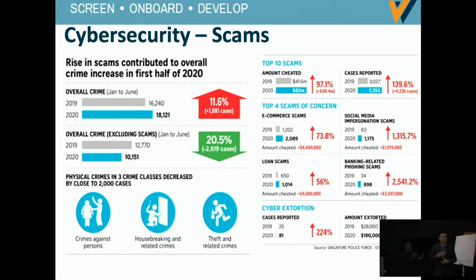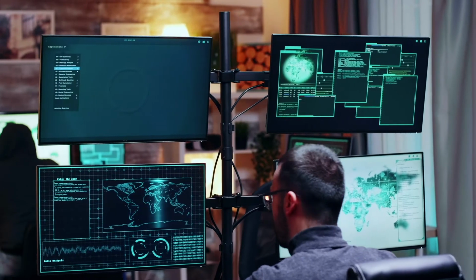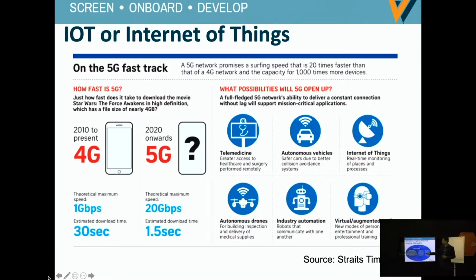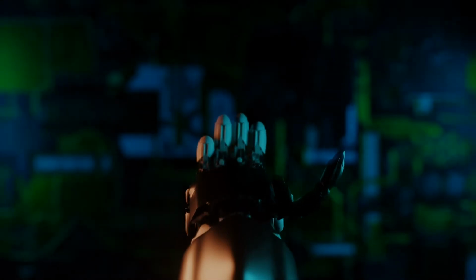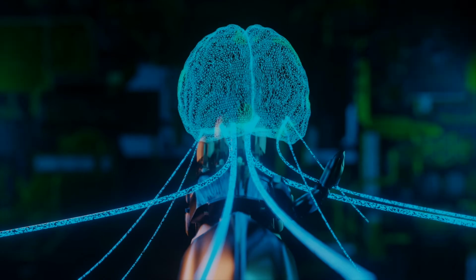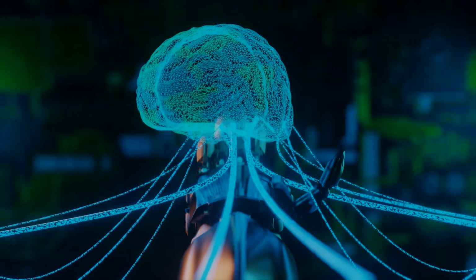Cybersecurity, especially in the last 9 months, you have seen a lot of cybersecurity scams. You're going to learn about specific measures you can take to build your cybersecurity wall. We will learn about Internet of Things and 5G. AI, is it really such a complex technology? All these terms sound very scary, but actually it's not. If you simplify it and you really decode it, you realize that it's actually very easy, basic stuff.